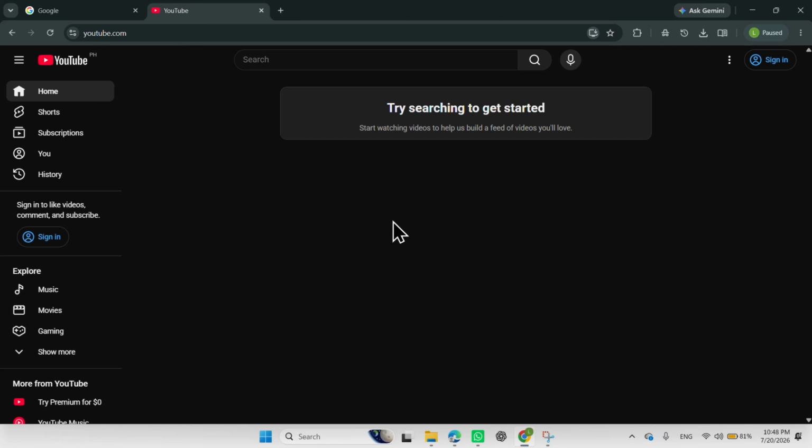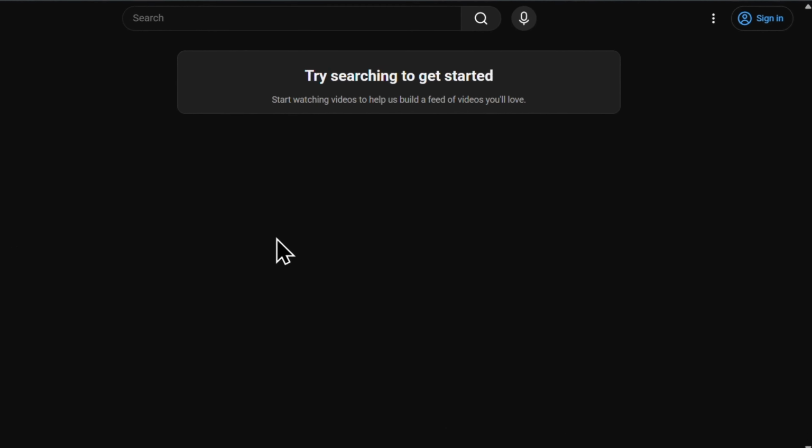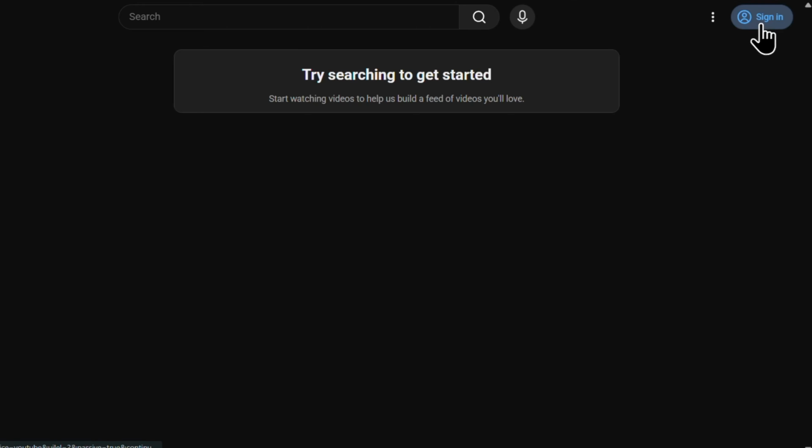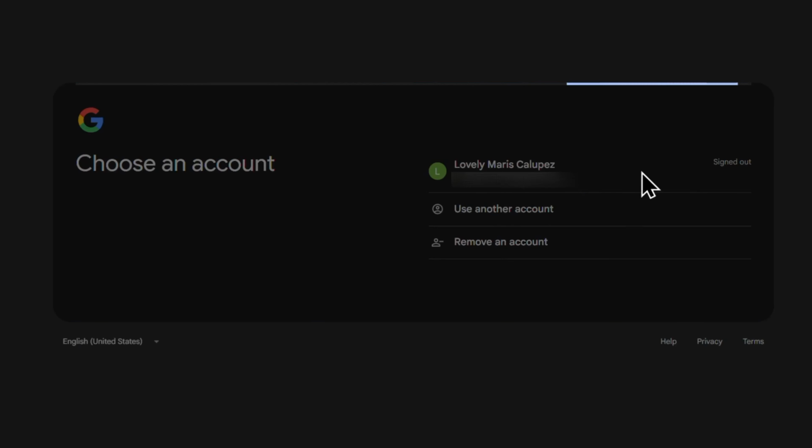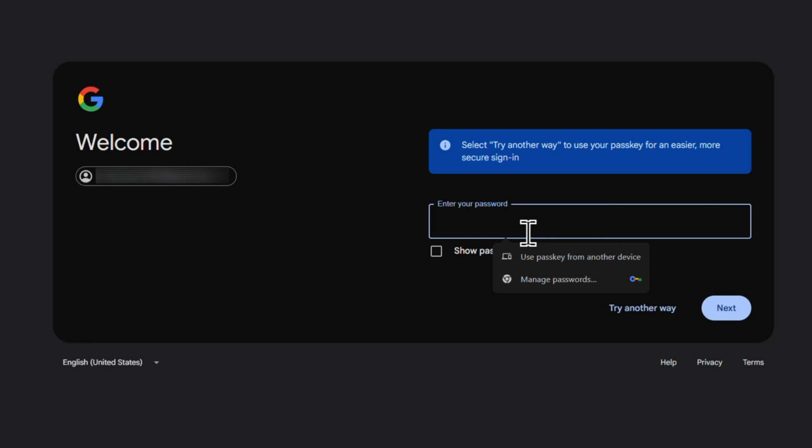So here, if you've already logged out and you want to sign in, you can just click the sign in button in the top right corner, enter your email address, then enter your password,